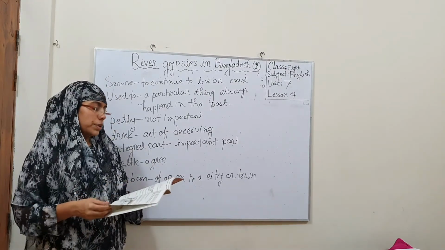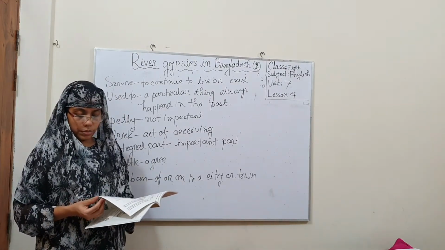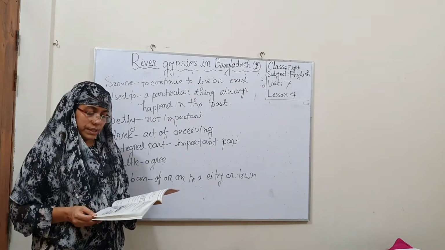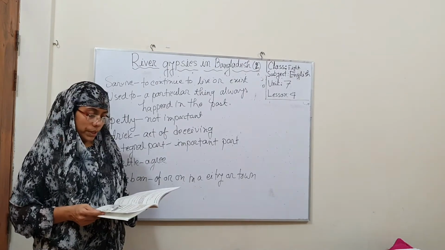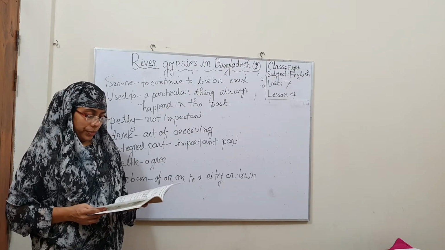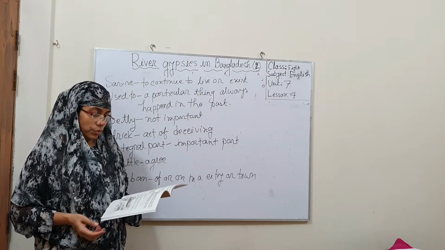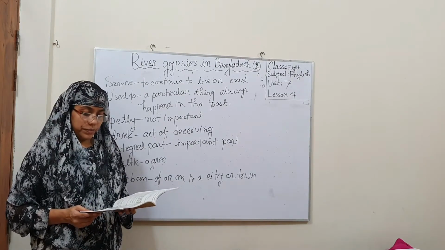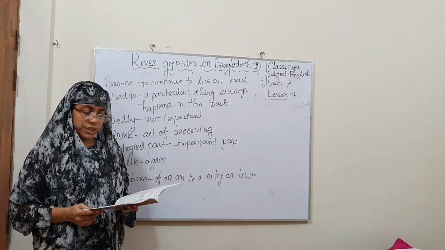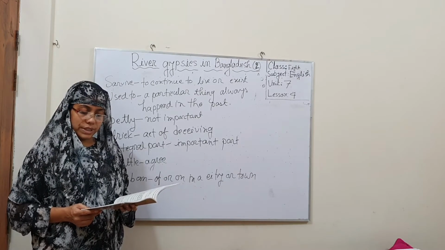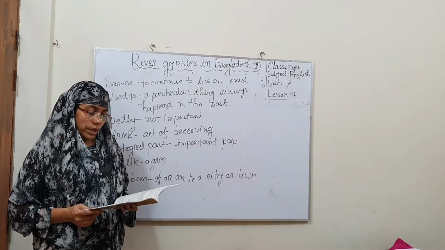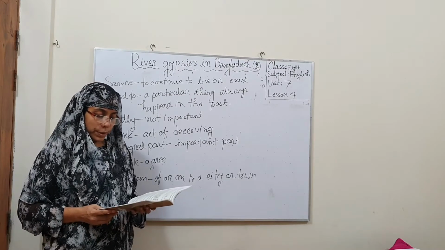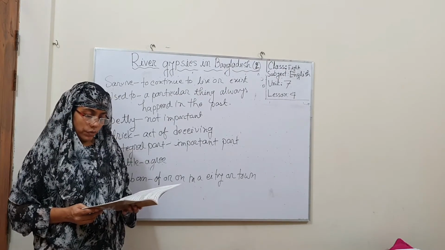As you know, all of the lessons are divided into several stages, and we will complete all of the stages one by one. At the first stage, Stage A, you will see a picture, and I will read the instruction of this stage. Look at the pictures, discuss with your partner and say who they are, where they are, what they are doing, etc.